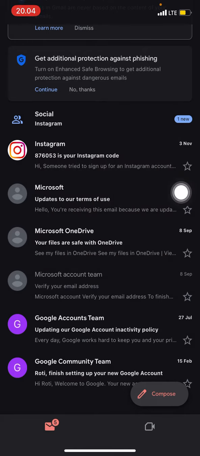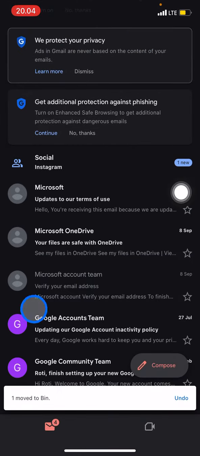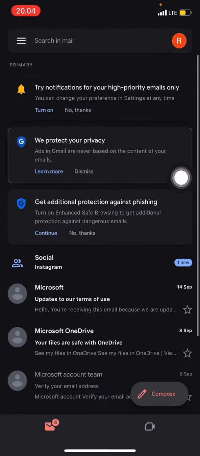You just need to click and hold it until the information pops up on your screen here, and then after that you just need to click this trash pin, and now this email has disappeared and is already deleted from your inbox. And to bring those emails back, you just need to slide your screen